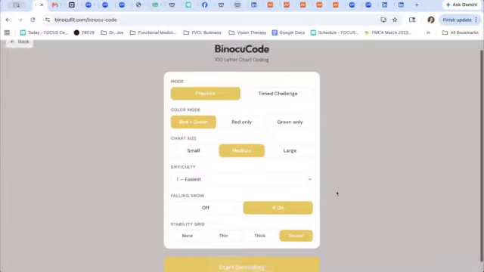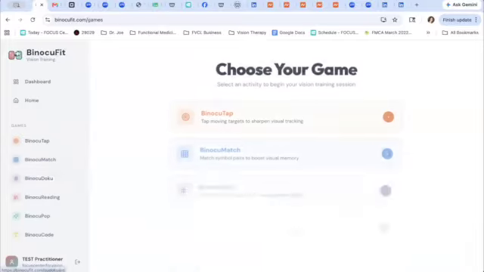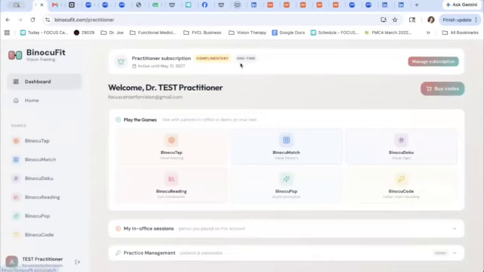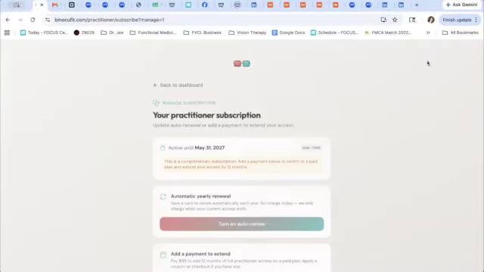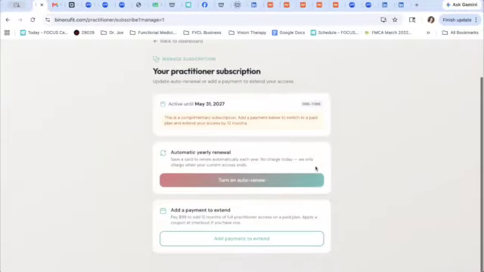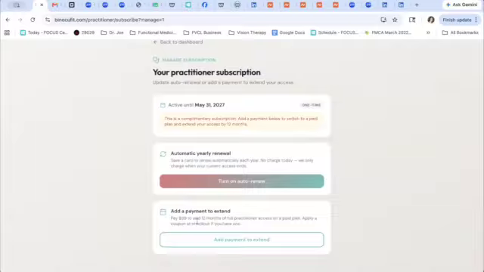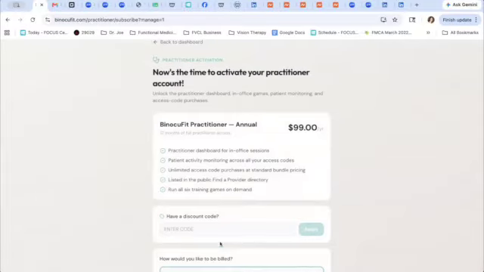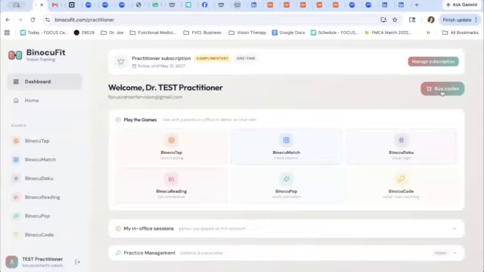All right. So those are all the exercises. Let me show you what your practitioner dashboard has in it as well. Once you are approved as a practitioner, you will be granted a 10-day trial period of access. Once your 10-day period is up, you would go in to manage your subscription, and it's going to pop up here for you to extend. Buying of passcodes is where you would give access to your patients. So when you have a passcode,